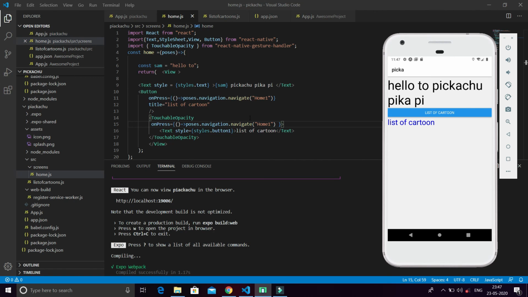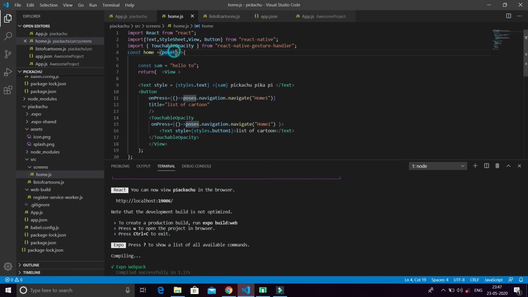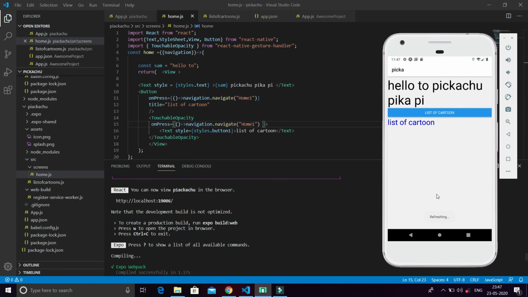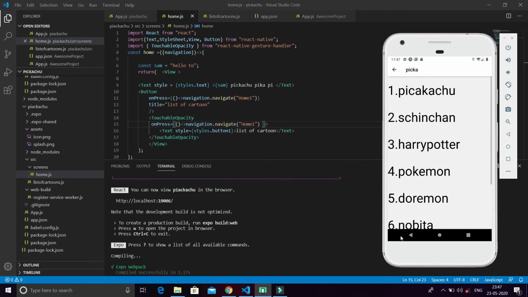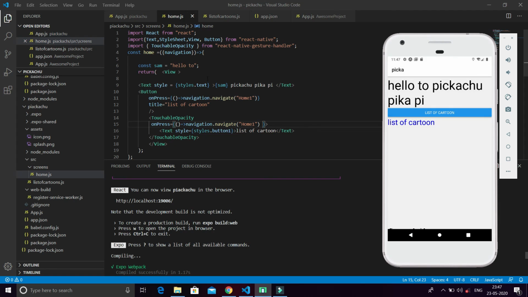Okay friends, props is a very long object. So instead of importing the whole thing, I just import navigation here. When I import only navigation, I do not need to write props. I just imported navigation from the props, so it may work. When I press Ctrl S and it refreshes, yeah, it's working. So instead of importing the whole object, we can just import navigation, as our work is completed by navigation here.